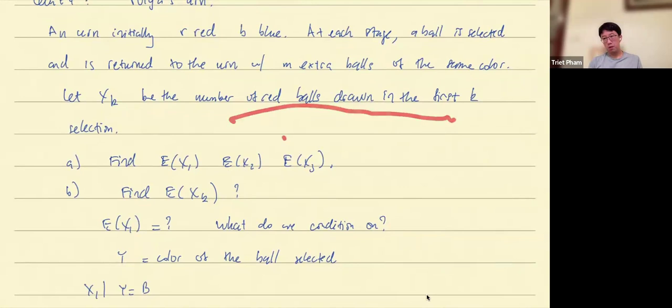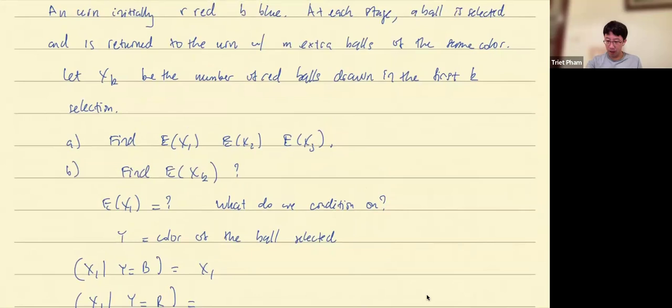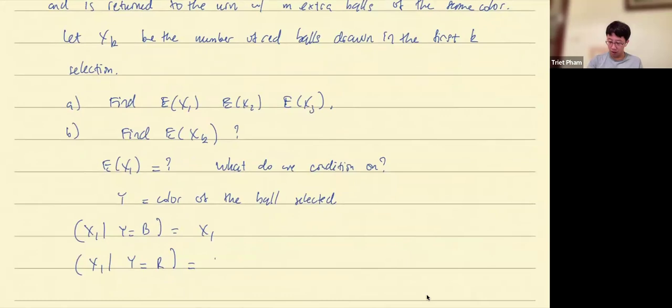Then the number of reds doesn't change, so it will stay the same. On the other hand, if you select a red, then the number of reds will be increased by M. So therefore, it will be X1 plus M, correct? Sorry,